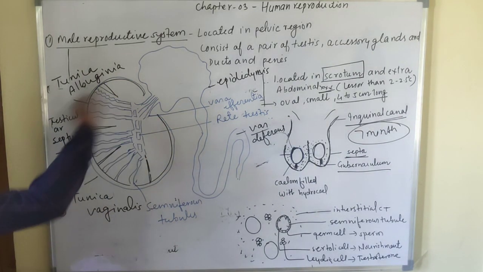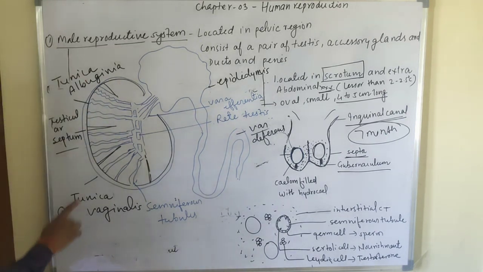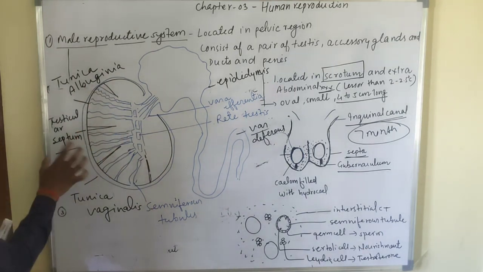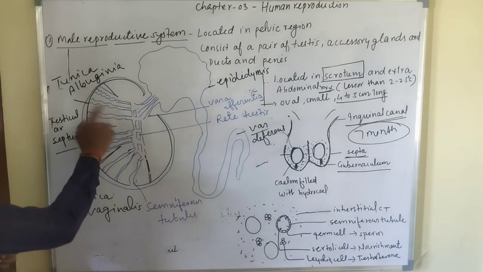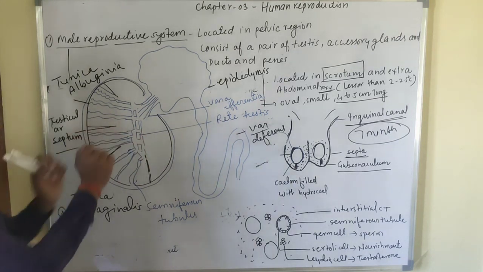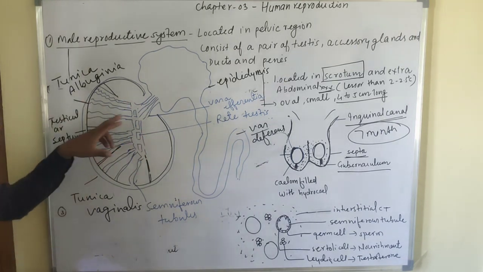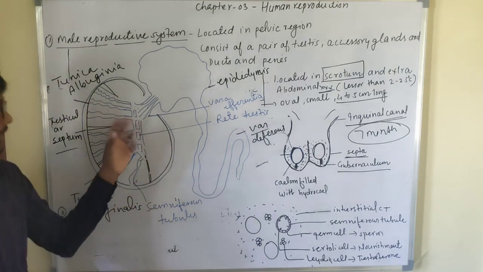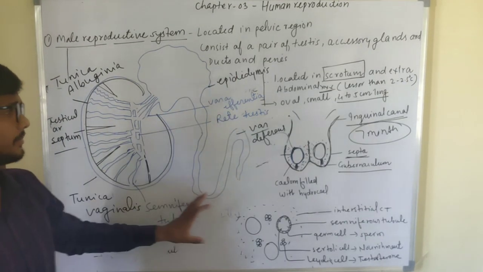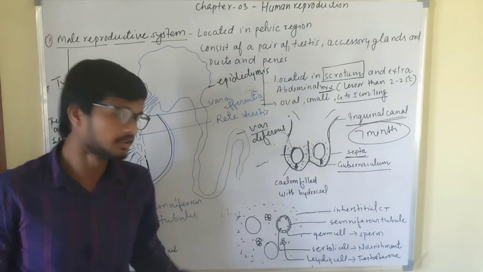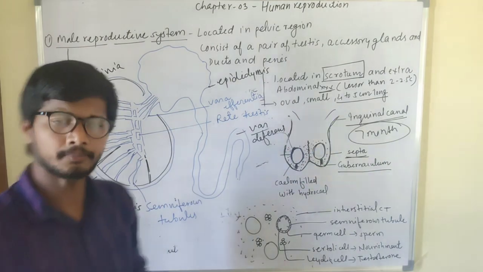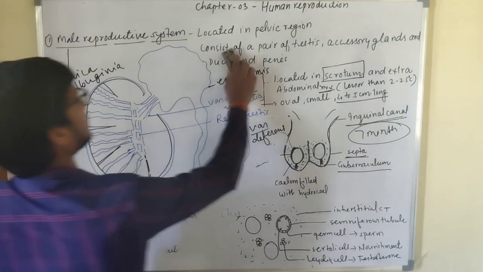Let's quickly recap. Outermost layer: tunica vaginalis. Inner to this is tunica albuginea. There are two layers. These were the testicular septa. These highly coiled structures are known as seminiferous tubules, where there will be production of the sperm. The flat part of the seminiferous tubule forms the rete testis, and after the rete testis there is formation of vasa efferentia. Vasa efferentia just attach to the epididymis, and this epididymis carries the sperm through the vas deferens. So these were the arrangement in the testis. Let's come to the section of the testis.